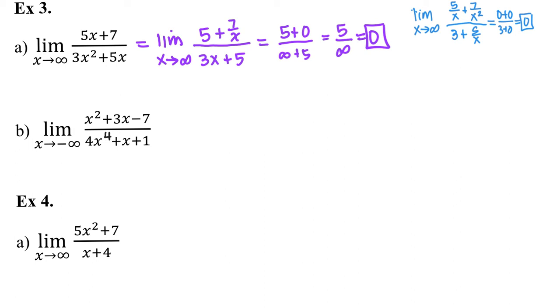But again, you can divide by the highest degree at the numerator or the highest degree at the denominator, or just the highest degree overall. You should get the same result no matter which way you do it. I think I'm just going to do whichever one's highest overall. So since the highest degree overall I see is x to the fourth, I'm going to use that one. But you could divide everything by x squared. We're going to get the same result. If I divide by x to the fourth,